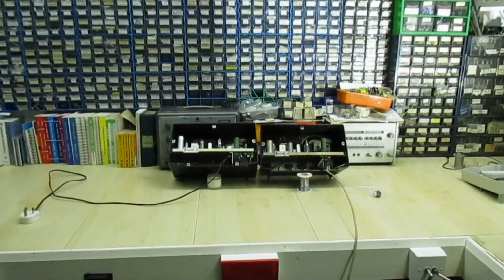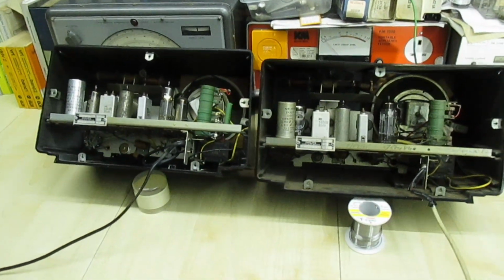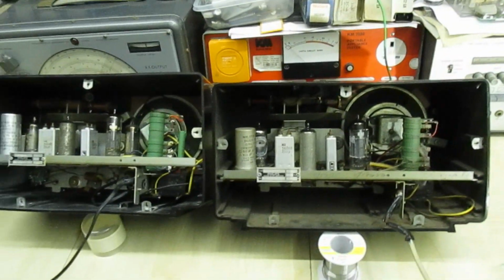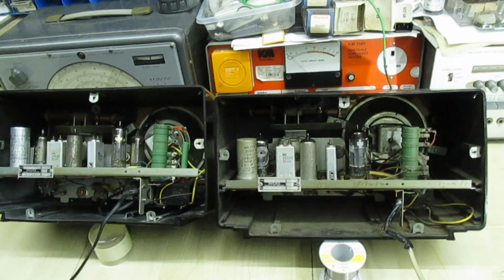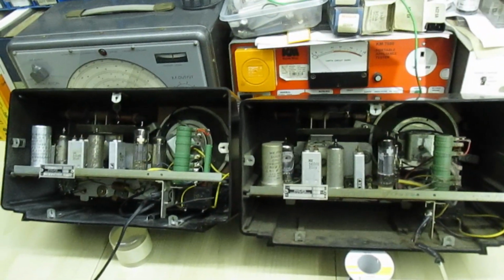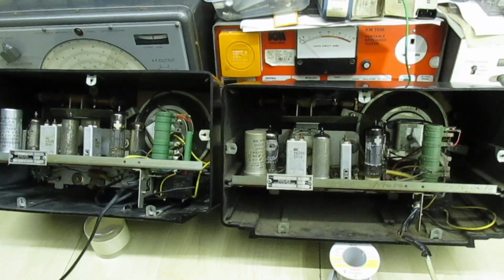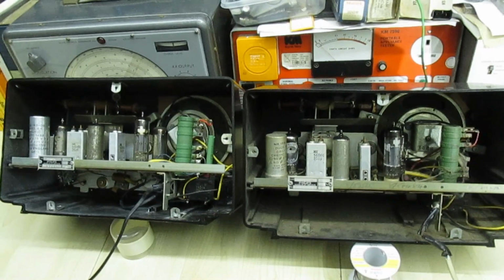So here we are, guys, we're nearly at the completion stage, but what I've just realised is I made a huge mistake when I started this video. I didn't actually take any pictures of the radio before I started the restoration. Well, that's not a big deal, because I've had to get another radio which has provided a knob, a donor